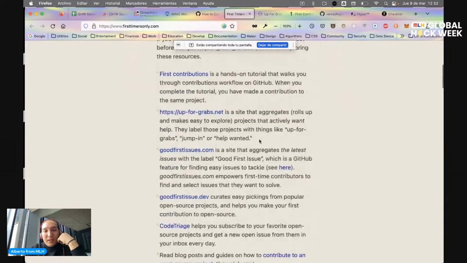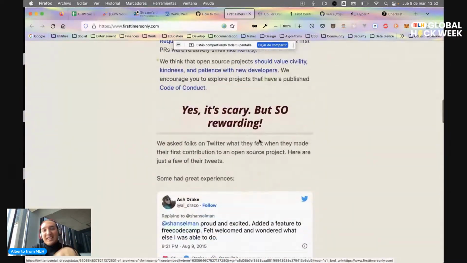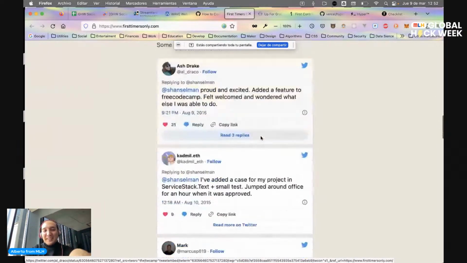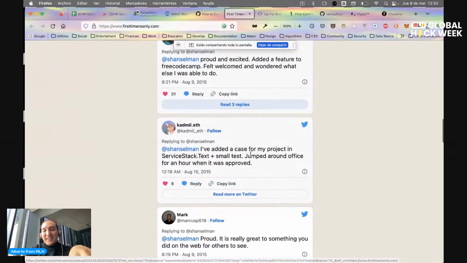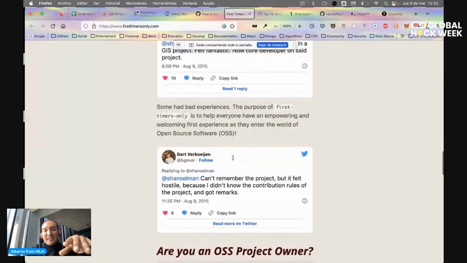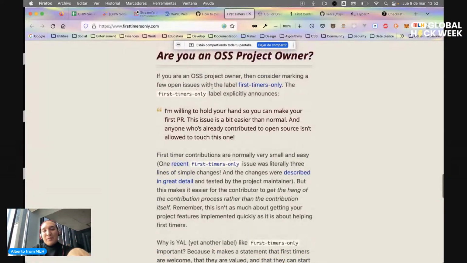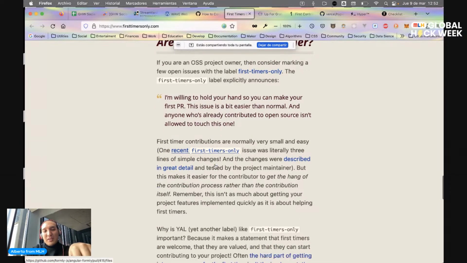And here, for example, okay, first they empower you. I think that's really awesome because they show you these tweets of people sharing their experience, and they also tell you, if you're an open source owner, how you could be on this page.